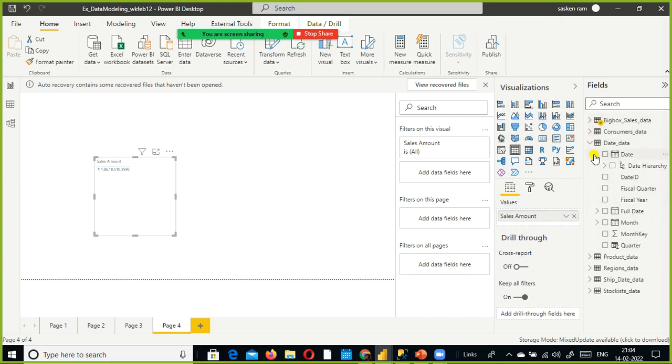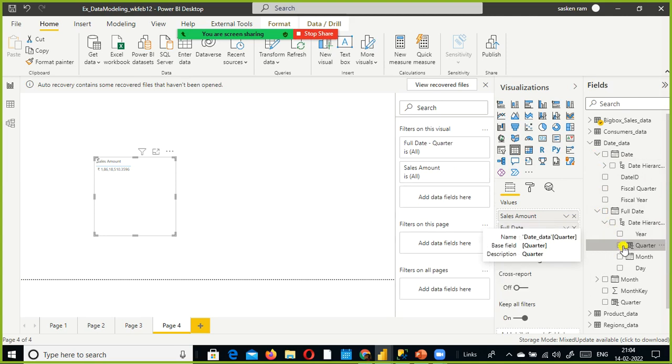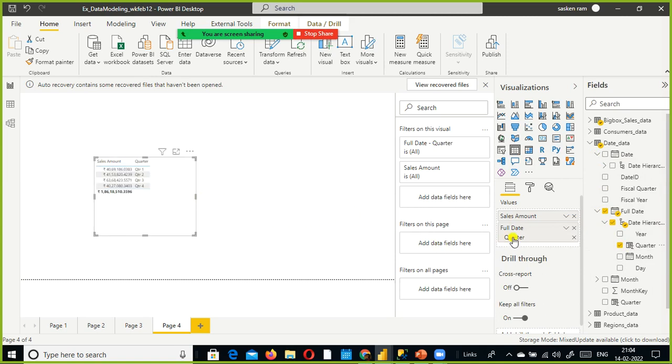Then I pick the quarter from here and check mark it. Automatically it gets dragged and dropped here, and I move this up. So for each quarter, what is the total sales?